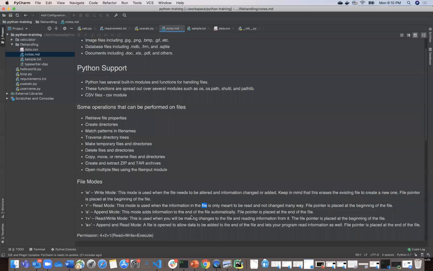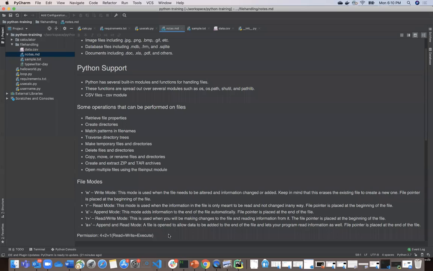So I will show you some of the basic things, but in Linux, for any given file, this is just additional information: there is some kind of permission given to each file. It includes three things: read, write, and execute. For read we give 4 points, for write we give 2 points, and for execute we give 1 point.